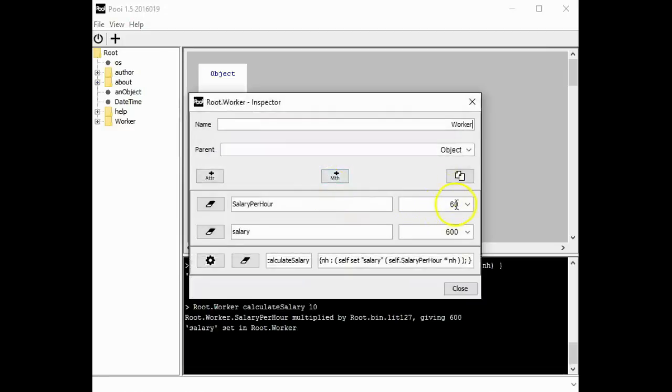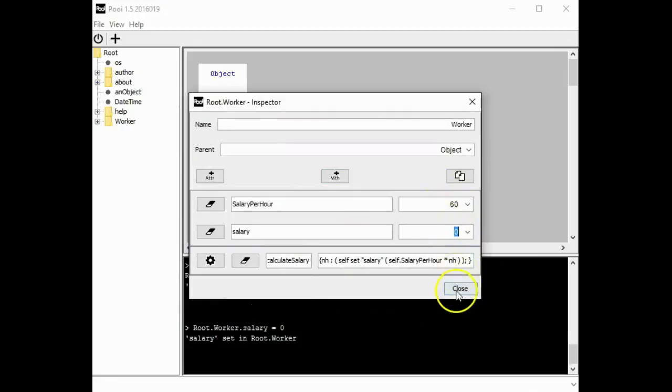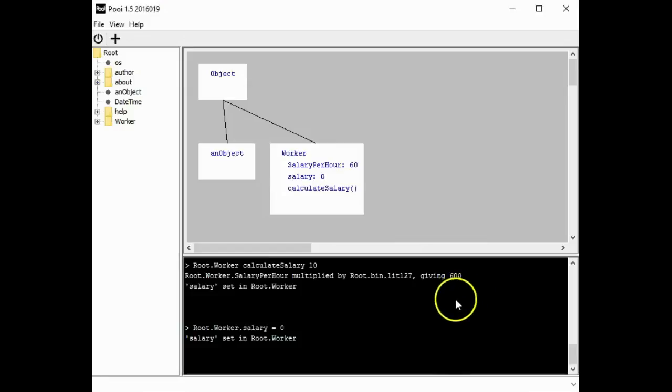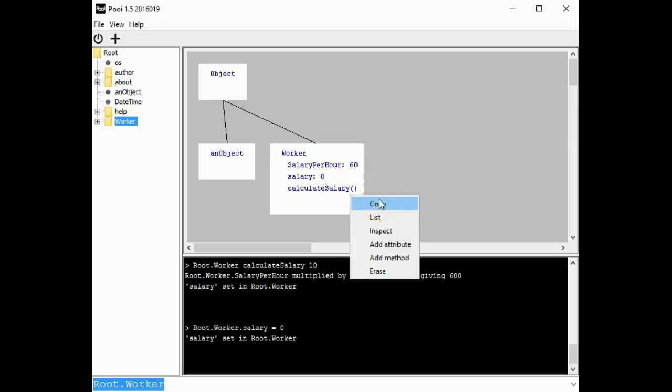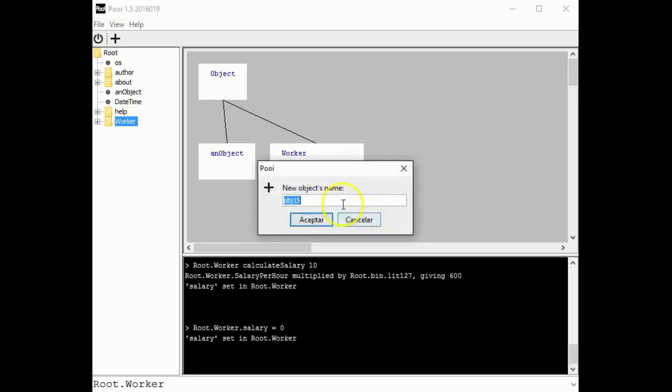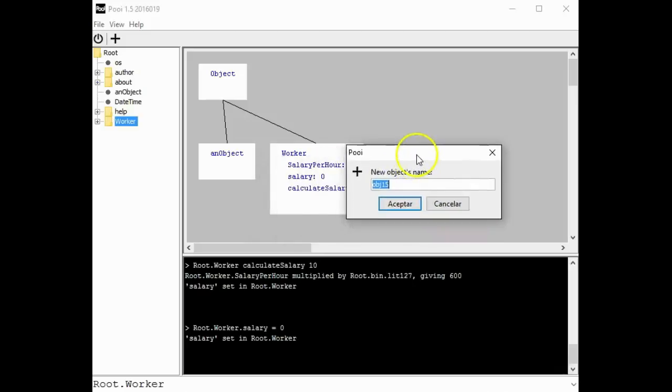But we're going to put salary back to 0 because this is the prototype and we want it just to copy it and create new workers in this manner. So I can copy a worker, worker 1,